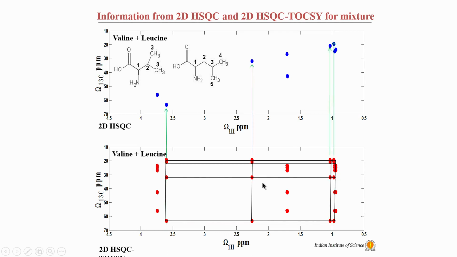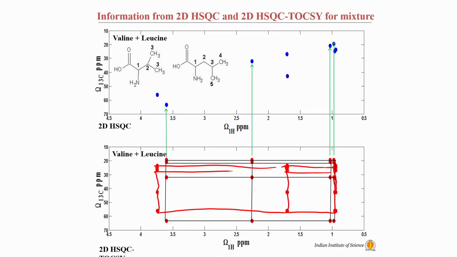Now, what about the remaining spin system? So, these green color lines are basically connecting these peaks to the respective peaks in the HSQC. Now, what about the other molecule? The other molecule is here. This is not shown here, so let me draw that for you. So, basically we are connecting this line and this will be connected to this here, connected to here, and this will be connected to this here. So, that will form another spin system which is the valine.